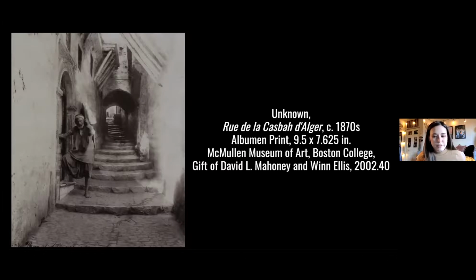And the majority of these buildings were destroyed during the French occupation. So in 1862, which is just a few years before this picture, there were only 48 of these buildings remaining. And so many of the remaining buildings were converted into spaces with non-Islamic purposes, such as military barracks or Christian churches. And so I just like to leave you with that image of Algiers, which was a thriving